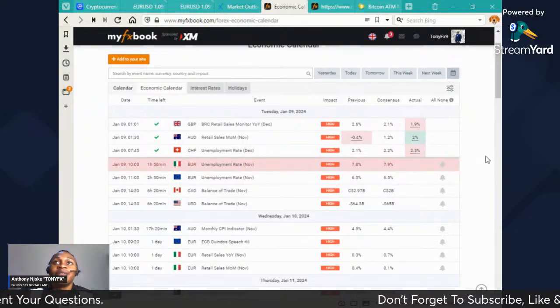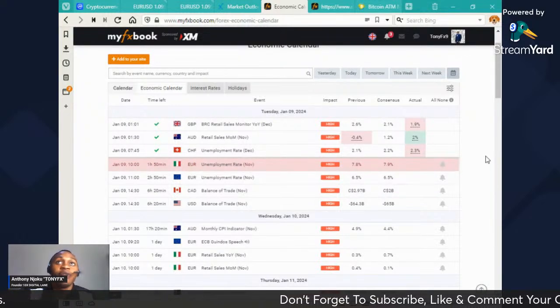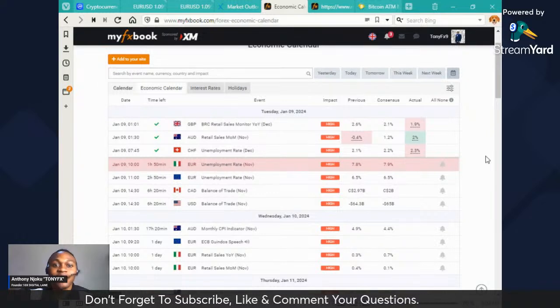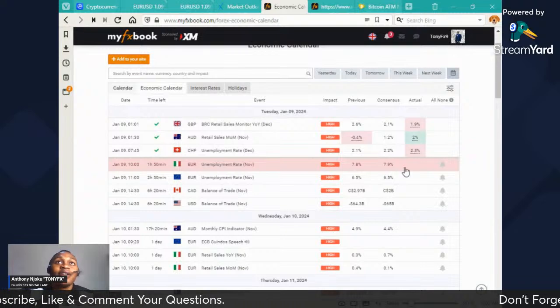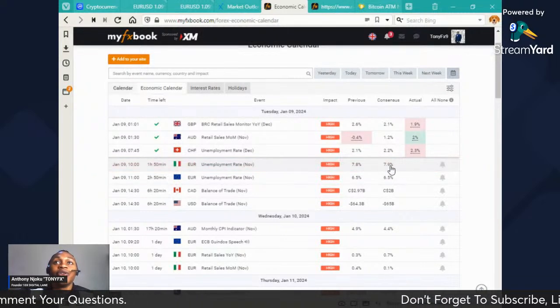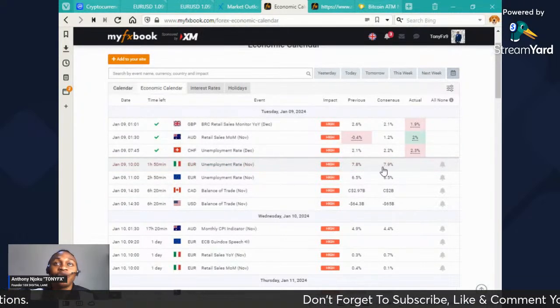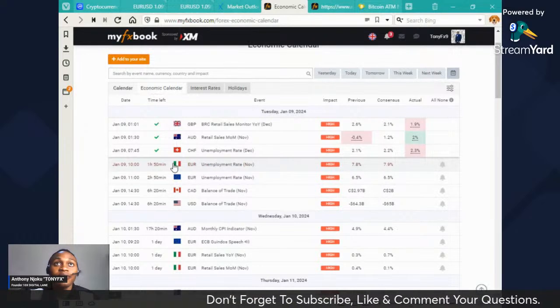And I believe that the market was bullish for Euro because Euro had good fundamental news event yesterday, okay. So that trend could still continue because the news actually, which is unemployment rate for Italy,